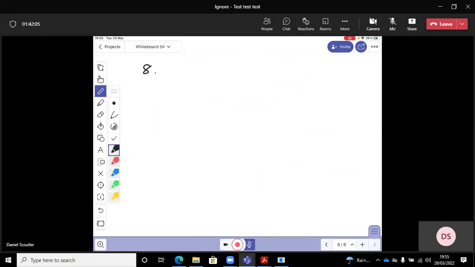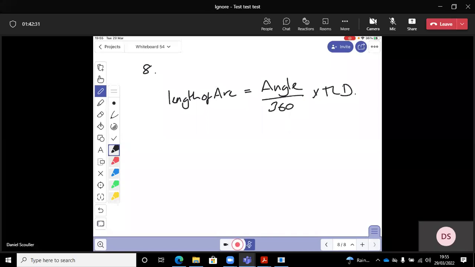So, length of arc equals angle over 360 multiplied by pi times the diameter. You need to remember that. No ifs, buts, and maybes. You're given the length of your arc. You're not